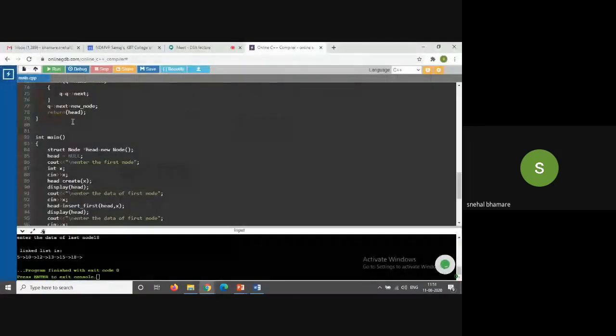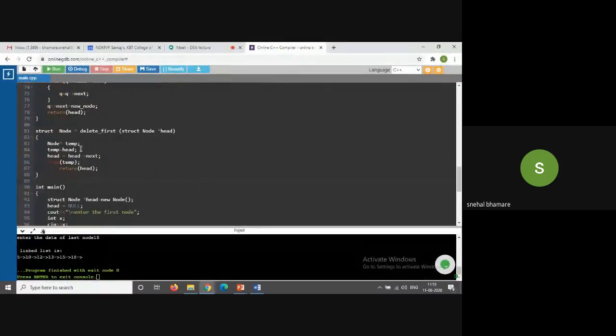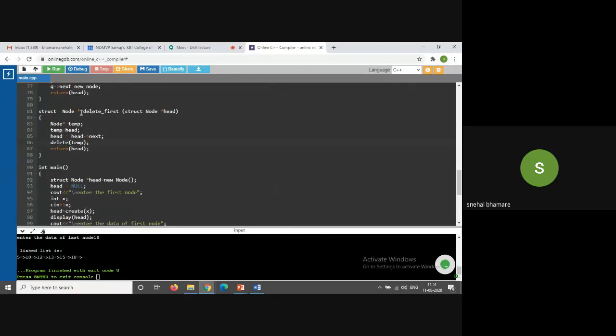Copy that function, I'll write it over here. I think this compiler doesn't support the free function. We will use the delete function. You can use either delete or free function, it's up to you. Okay, I'll call this function.